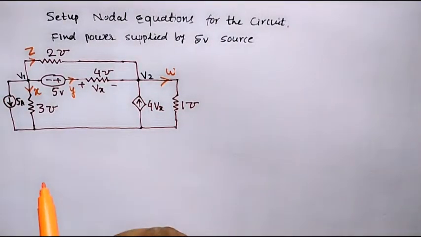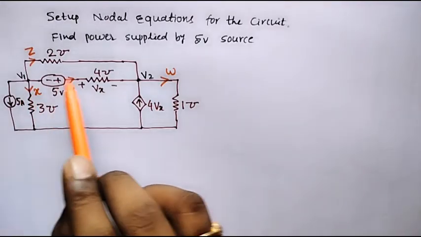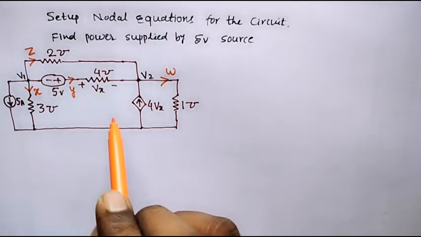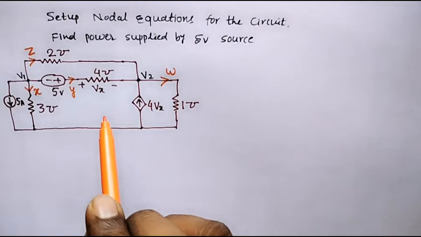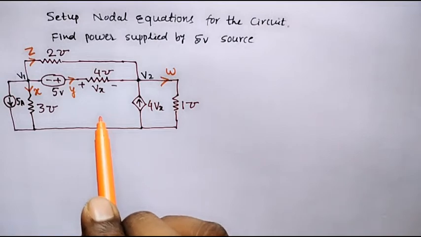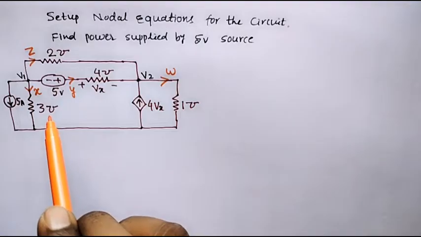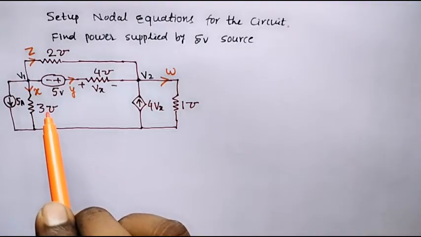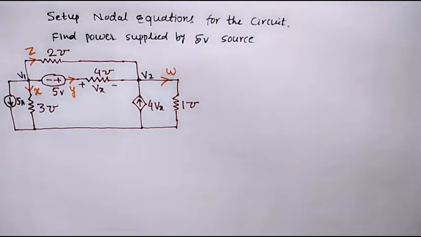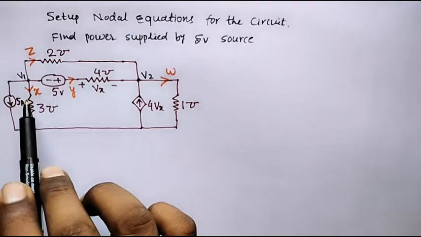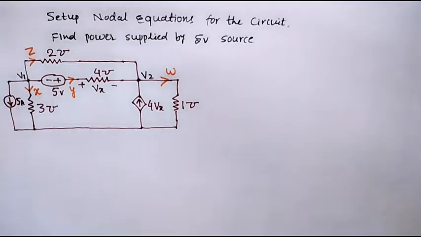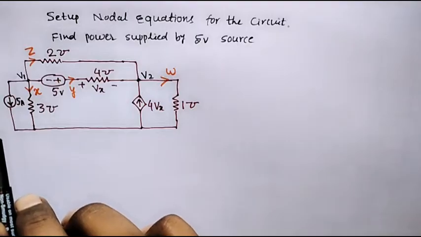Here we should observe that all the values are given in terms of mho. Reciprocal of resistance is known as conductance. So these are all conductance values. So we should be very careful while writing the equations. To avoid the confusion, first we'll try to express all the branch currents in terms of node voltages, because in node analysis node voltages are the variables.